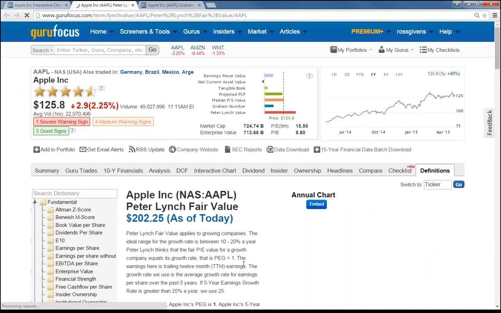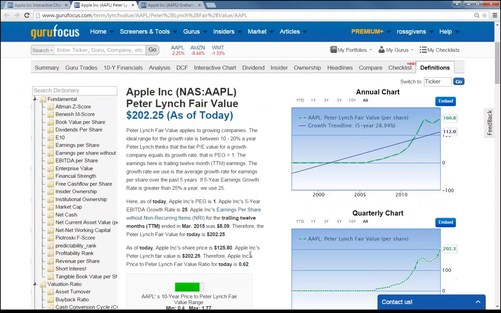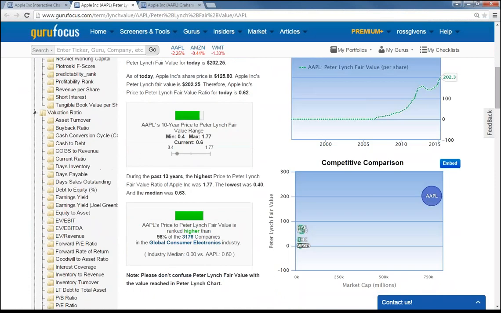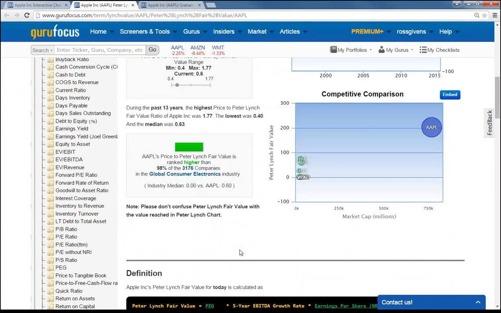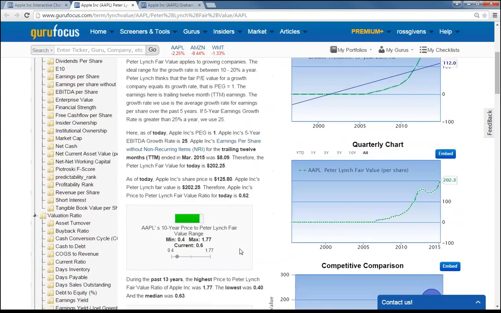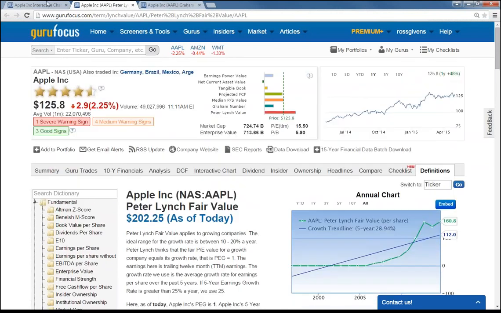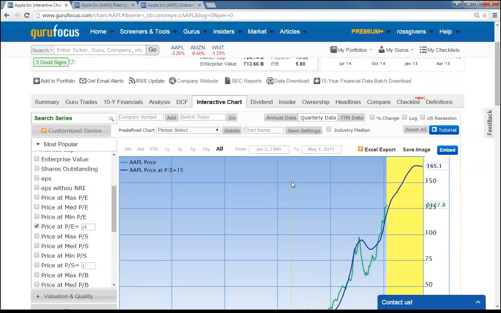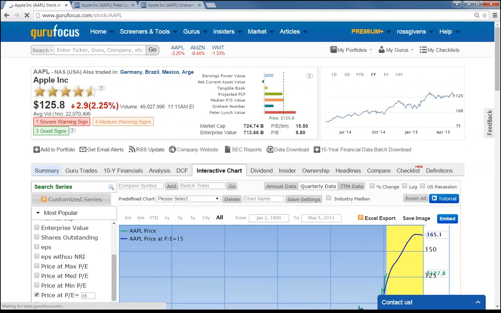They're all going to take you to a very similar page that shows the history and the relative valuation of this stock, this valuation method, compared to itself, its history, and the industry as a whole. Now, the other thing I wanted to show you